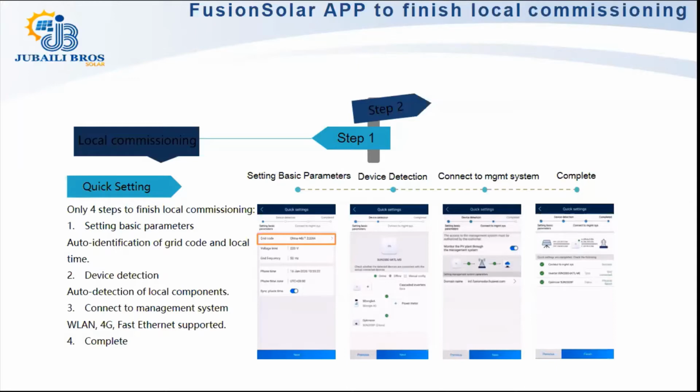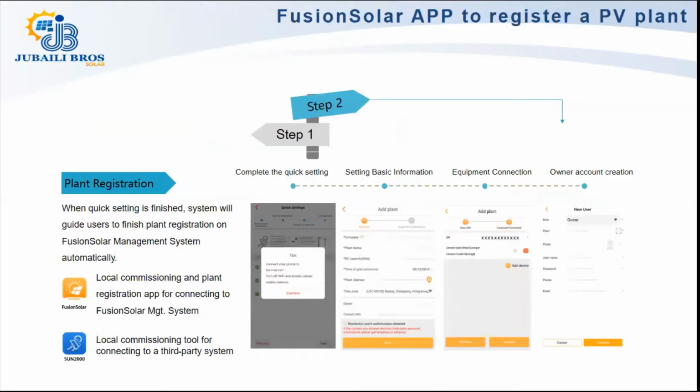Now this is connected. The second phase is to go and create a PV plant for this. So it will automatically pop up a new window once you do this, and we will be proceeding with the creating a PV plant. So yeah, this is the step that you will follow for registering a PV plant on the FusionSolar. So under the quick setting, once you have done the basic commissioning and connectivity of the component to the FusionSolar,